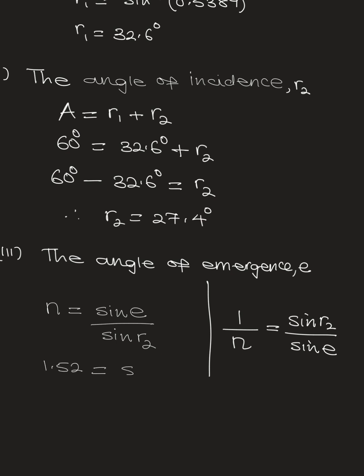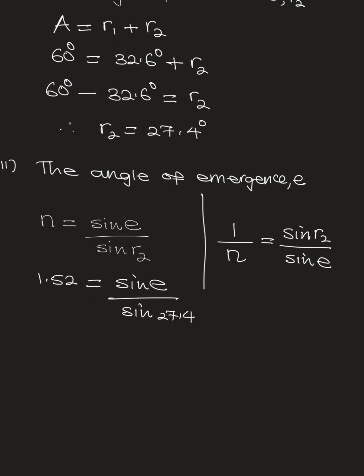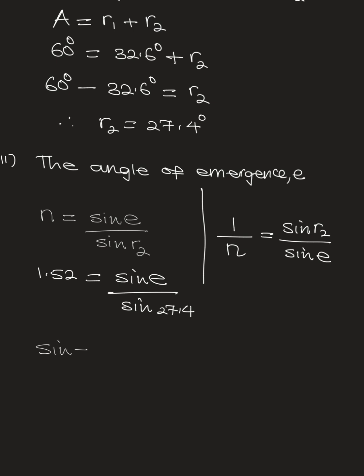This is equal to sine E divided by sine R2, which is 27.4 degrees. Sine E is equal to 1.52 sine 27.4 by cross multiplying. So sine E is equal to 1.52 sine 27.4